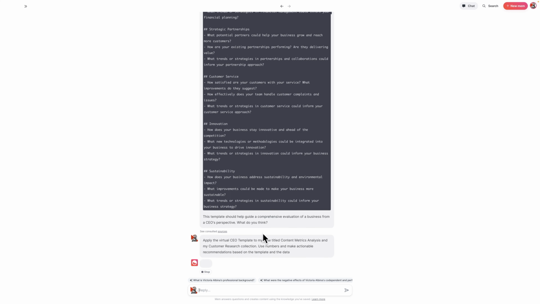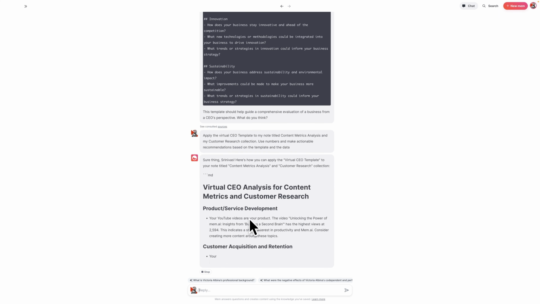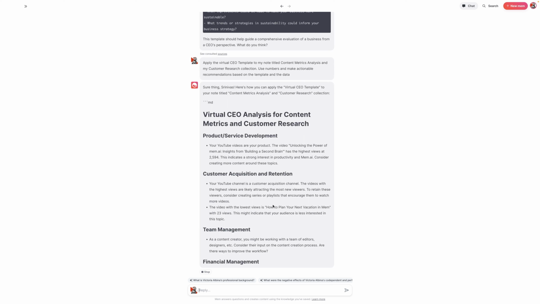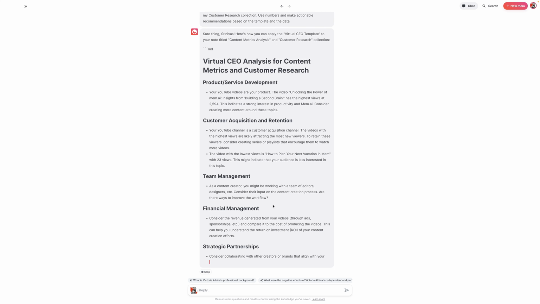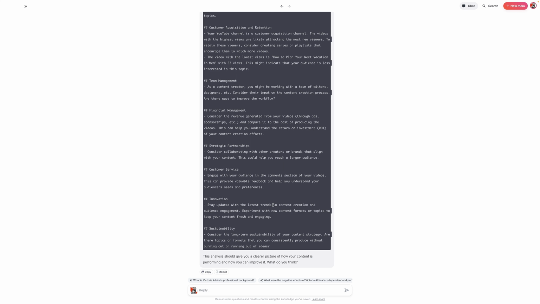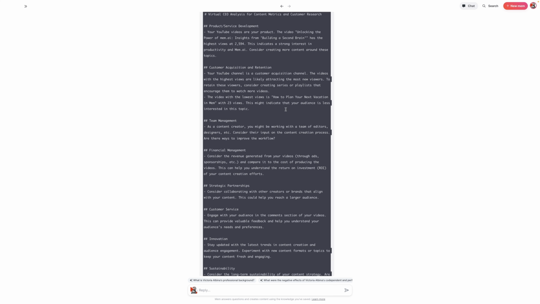And what you'll see here is that it's going to give me a bunch of different things. As you can see here, it's actually telling me different things about acquisition and retention, strategic partnerships, financial management, all sorts of stuff. So this is actually pretty good. And we can go further into it, and we can actually have it do a more detailed analysis and say,